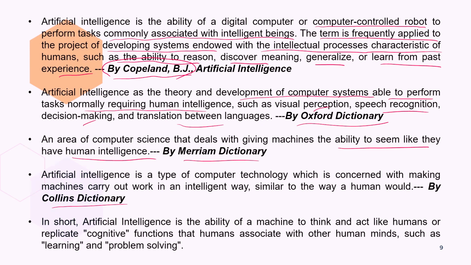In short, artificial intelligence is the ability of a machine to think and act like humans, or replicate cognitive functions that humans associate with other human minds, such as learning and problem solving. So it has advanced to the extent of manifesting all such features. In light of this definitional background, I believe we now need to see